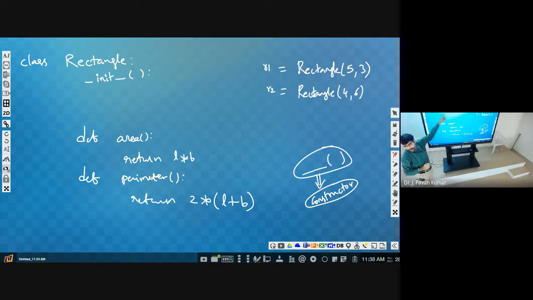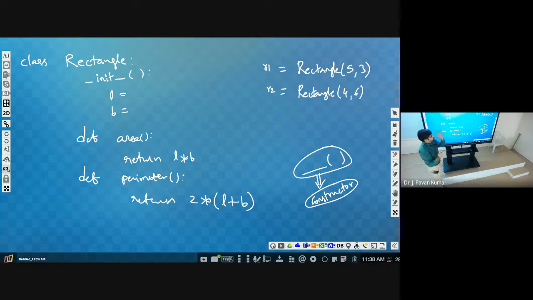What is the purpose of init? It is to initialize the variables. With what values? With the two values we are providing from there. With those two values we want to initialize L and B, then we can perform these operations. So the values of L and B we have to get from there.